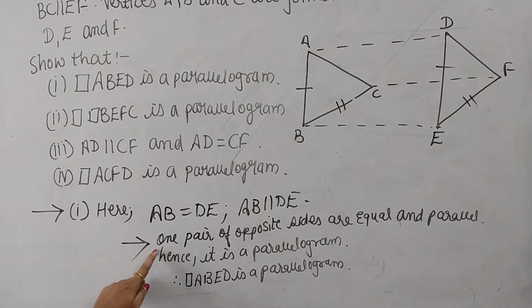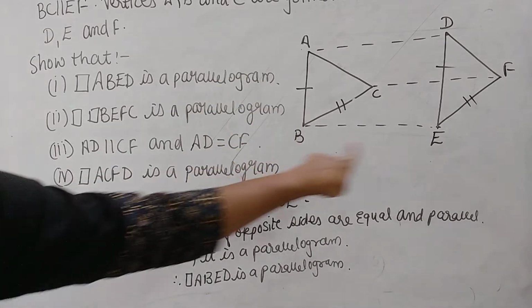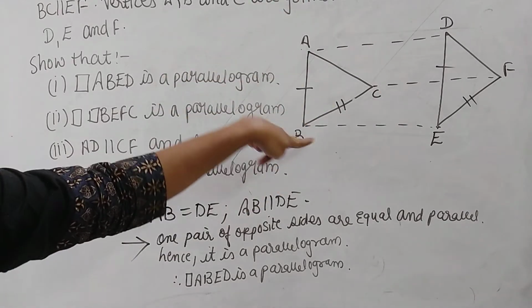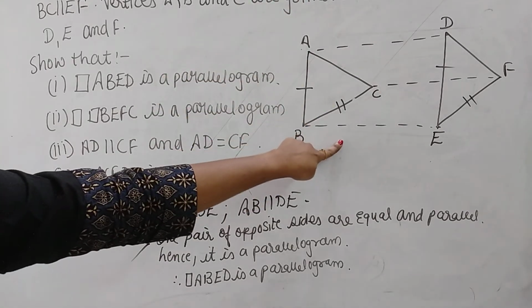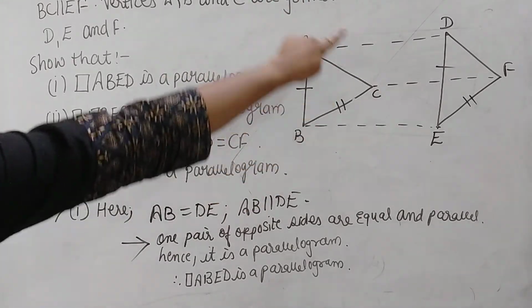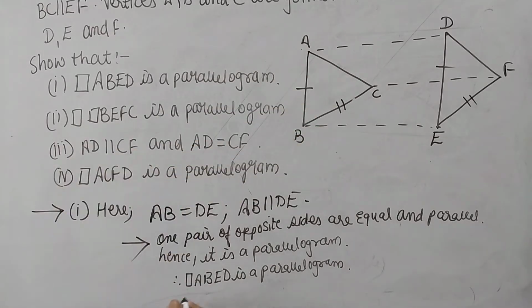So as you can see, I have written here the theorem statement by which I said it is a parallelogram. Now in this, I am going to apply my CPCT as ABED is a parallelogram. So therefore, I am going to take that in a parallelogram, your opposite sides are equal to each other. So I am going to mention that BE is equal to AD. Okay, so let me take this as 1.